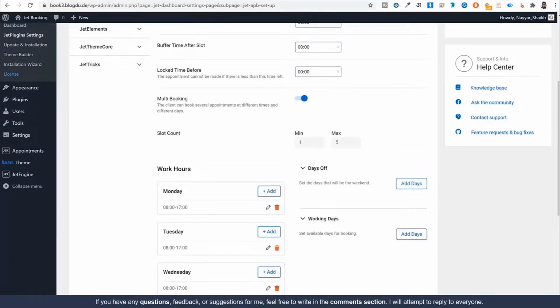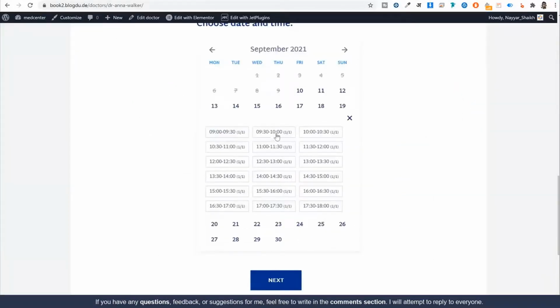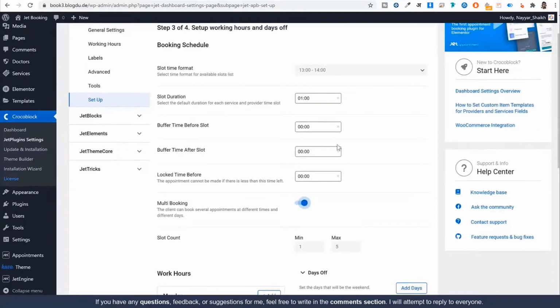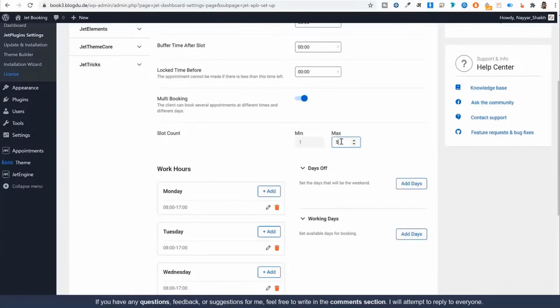You can have multiple bookings per slot. So here, if you see, we have just one booking per slot. So only one person can book for this slot. If you want, you can do one thing. Because I have increased the time for slot duration, I can do one thing. I can select